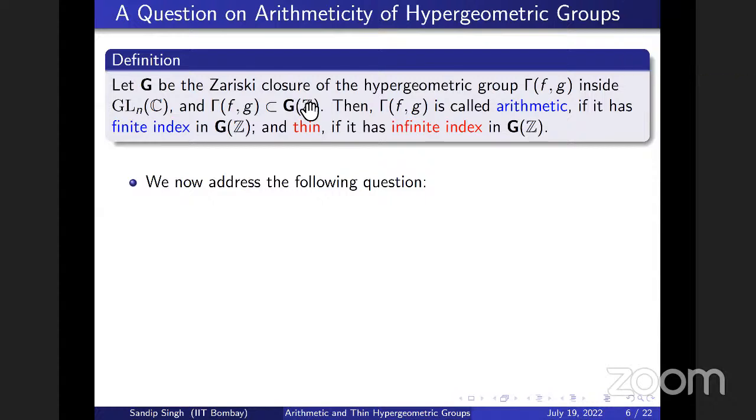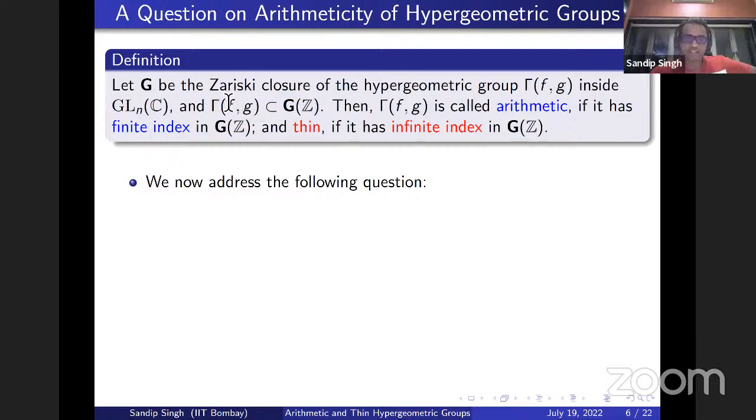Okay. And in our case, we know that gamma is already Zariski dense inside G. And if gamma is contained inside G(Z), and we know that G(Z) is a lattice, right? So gamma can be thin only if